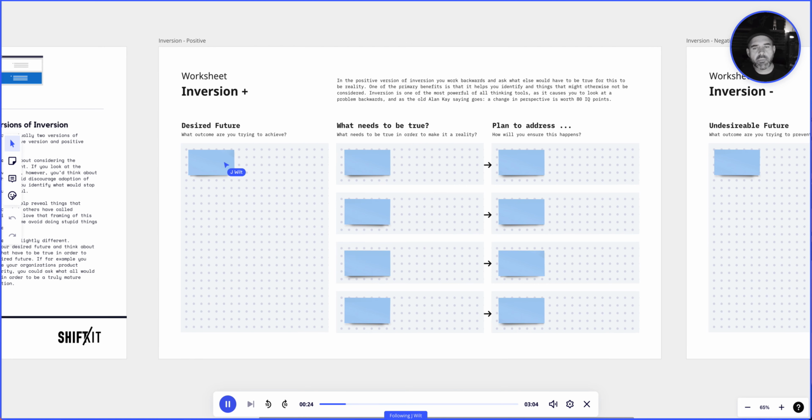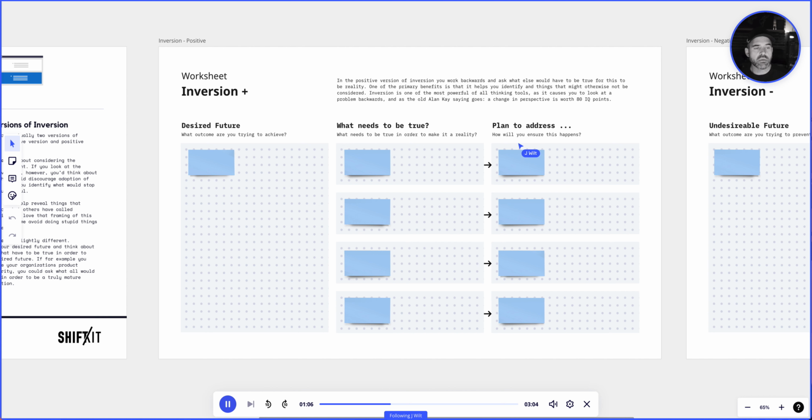Positive inversion is really just thinking about what's the desired outcome we want. So, for example, we want customers downloading our new mobile app and using it for X amount of time and going through some task or buying more widgets. What needs to be true for that desired future? Well, in order to make that happen, we need a mobile app. We need to have our design be mobile friendly. That includes blah blah blah. And what else needs to be true is we need customers to know that the mobile app exists. So we're going to need to market it. And also, in order to have this mobile app out in the world, we need to get it through the app store, get it approved to make sure that it's going to be able to stay out there and we'll